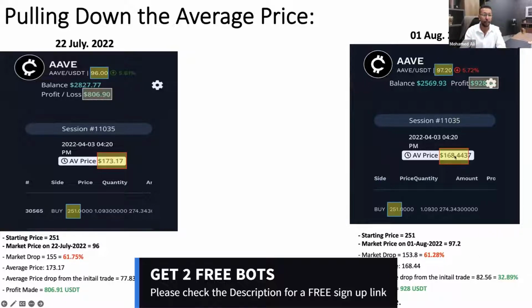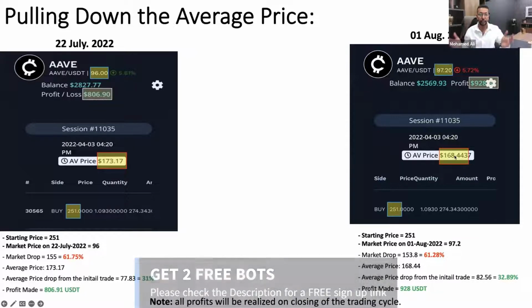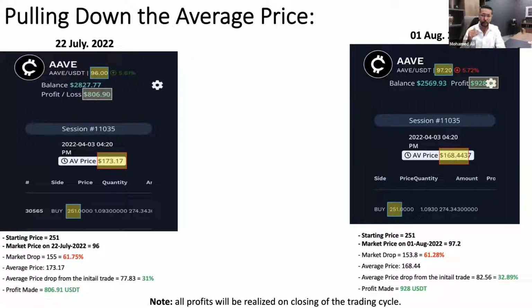And it will keep on happening day in and day out until eventually the market price meets the average price, where the whole trade is going to be closed when the market goes above the average price by 1.5%. Then it starts the process of taking profit or closing the trades. Maybe that's going to happen 40% down this trade, or 50%, or even more. We don't know. We just keep on watching and following the market, because we cannot create the market. We can only follow the market and adapt to that.